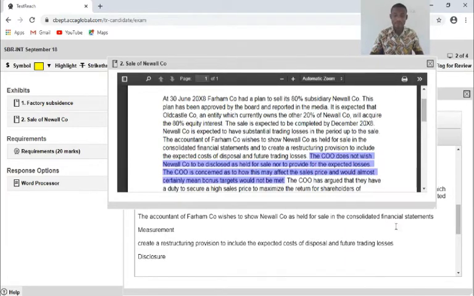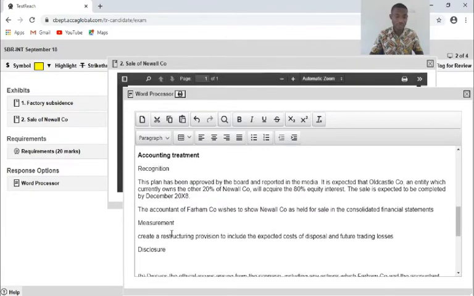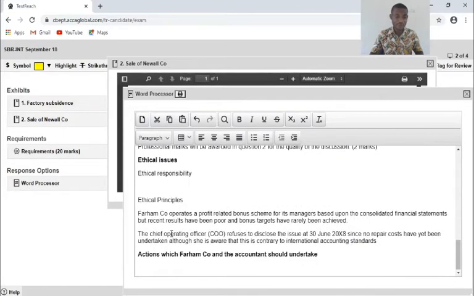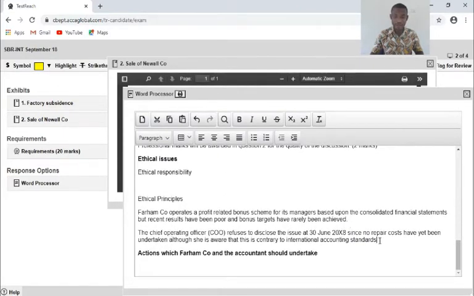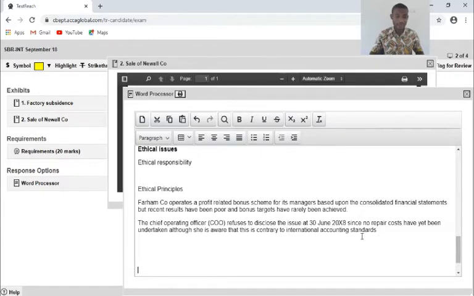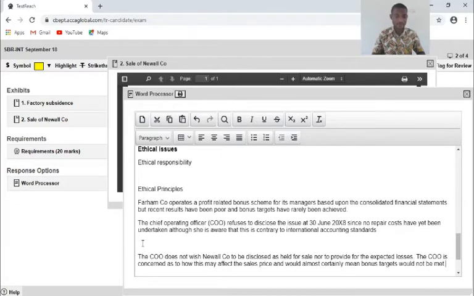I'm copying it. I'll take it to the ethical issues. So as I come down here, I'm going to build this one here and put it here. I come back, I'm fleshing it up to suit the contents of the ethical principles which have been breached. And that's how you do it.